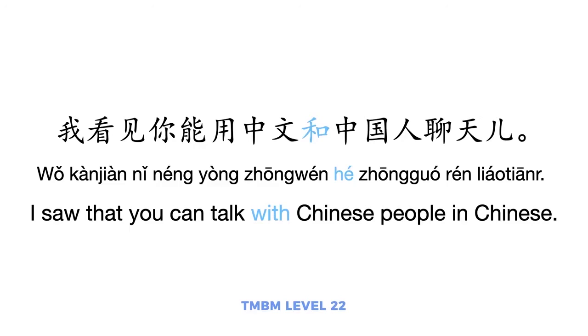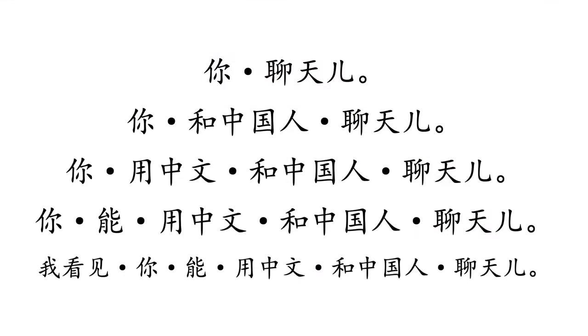So regardless of this though, 和 is not in the context of either the subject or the object, the host or guest in any case. So the first phrase is 我看见你. Host 我 does what? 看见. Guest 你. Phrase 2, 你能用中文. Host 你 does what? 能用. Guest 中文. Phrase 3, 你聊天. Host 你 does what? 聊天. So in that case, there's no object.